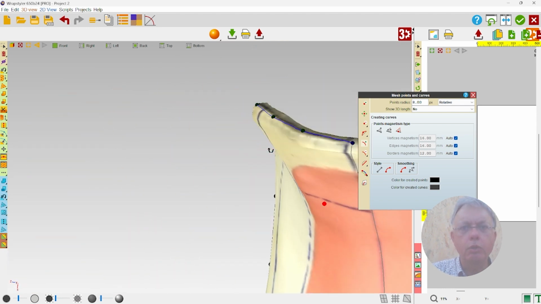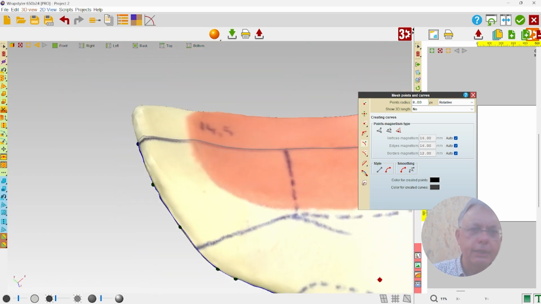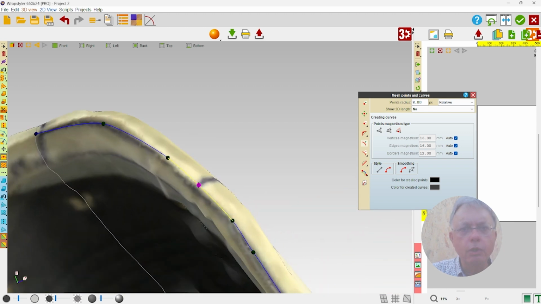I continue with, oops, sorry, the mouse is quite fast. Continue with this line.